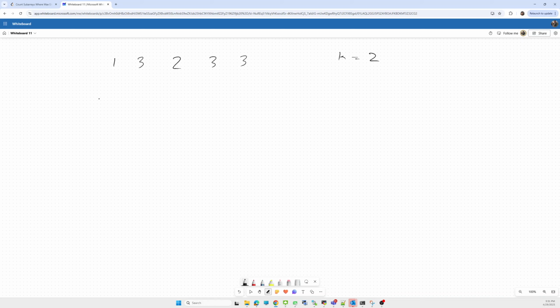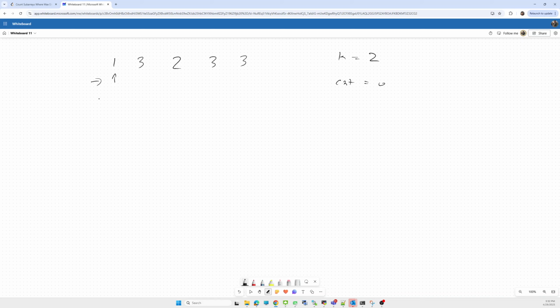So what is our approach? We are using the sliding window technique. We start iterating from left to right. We check the element at the pointer, is it satisfying? No. Here we will take one count variable, which is initialized to 0.